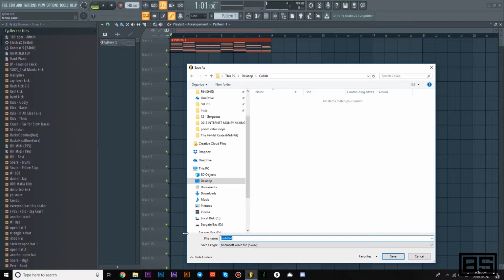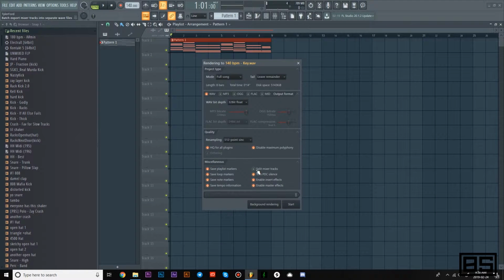Alright, so here we're going to have the BPM and then the key. I'll show you how to get the key afterwards. So now we're going to save it. We're going to split mixer channels. And then the next thing, we're going to make sure that we leave the remainder on. So if it had, for example, it won't end at 9 bars now, because it has a little bit of reverb. It's going to wait till the reverb dies out,